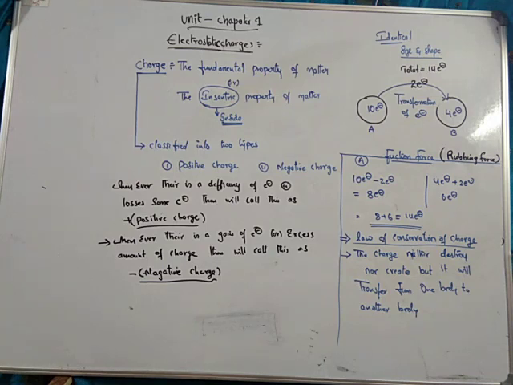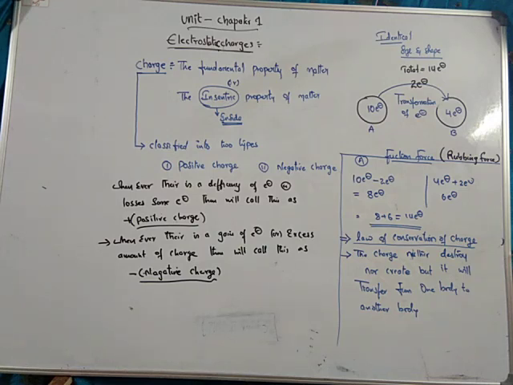From this, one point is clear. One of the properties of charge is called the law of conservation of charge. Charge is neither destroyed nor created, but it is transferred from one body to another body. Clear? Initially we had 14, we did not destroy or create any, we simply transferred, and again we get the net value of 14 electrons. Based upon this we define positive charge and negative charge.